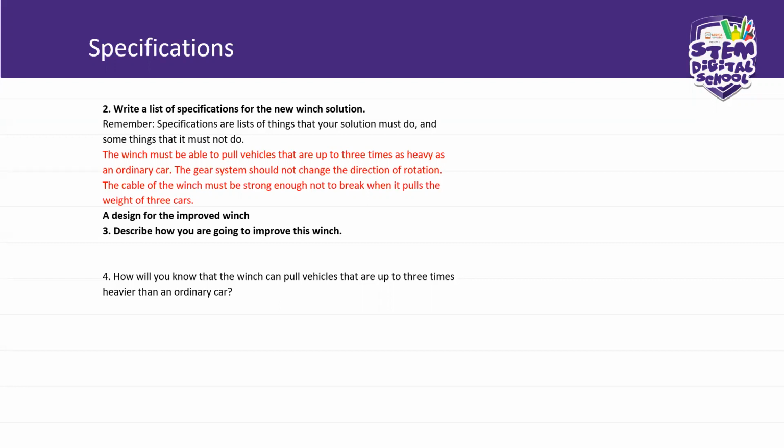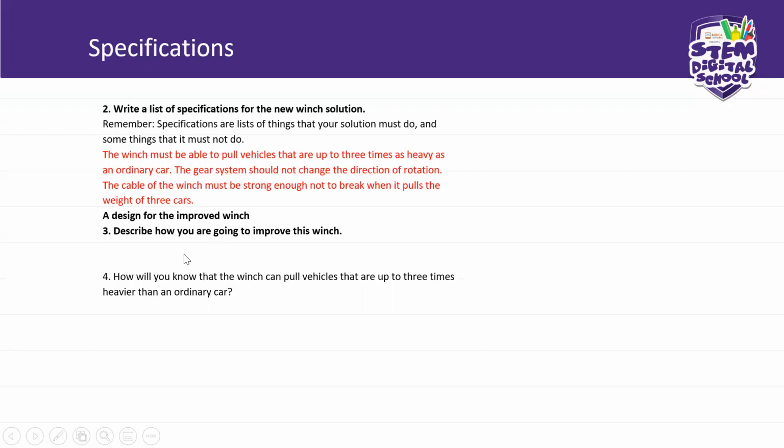must hold, okay? And the car that is being towed, it must be attached to the system. It is not the weight that must pull the tow truck. It is the tow truck that must pull the weight. Okay? The cable of the winch must be strong enough to not break when it pulls the weight of